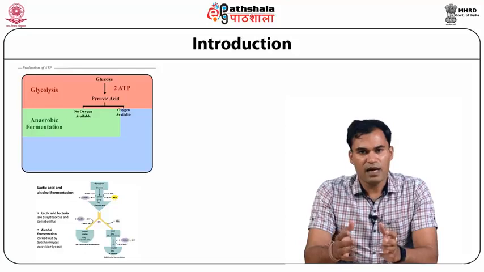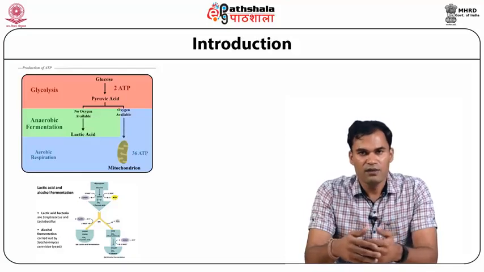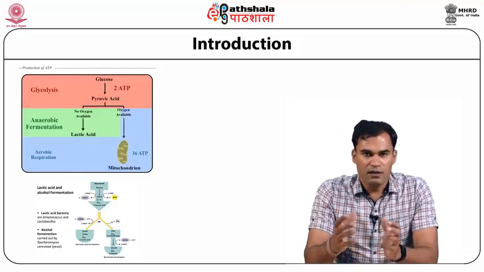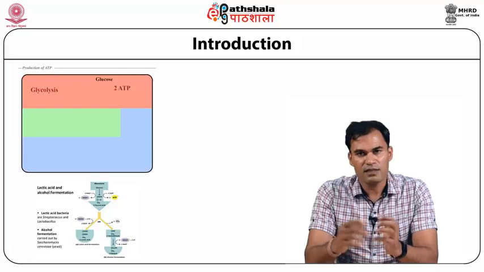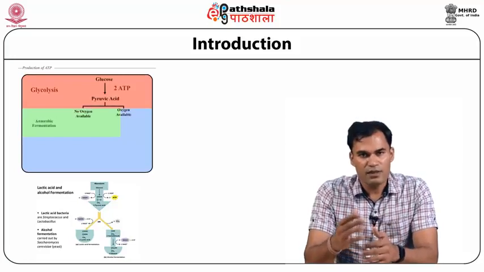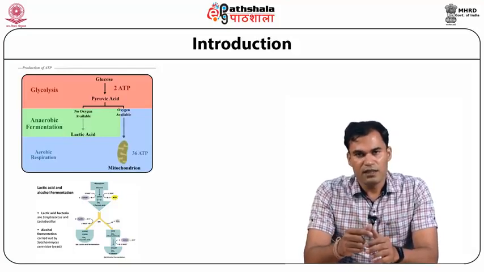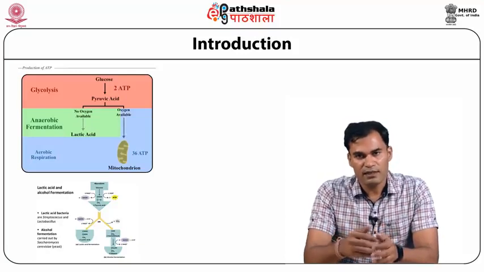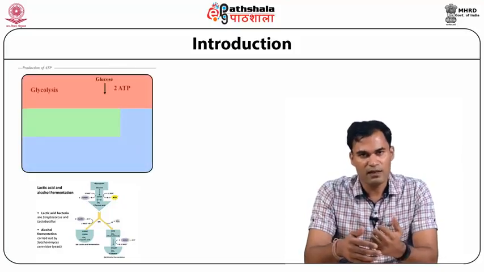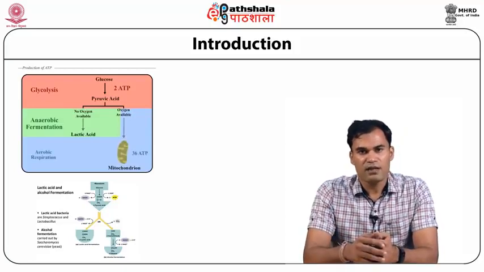Now, fermentation in biotechnology is a process in which microorganisms are grown in large quantity for the production of useful things. What is anaerobic fermentation? Before fermentation, we must know there is a step known as glycolysis. Glycolysis leads to the production of a product known as pyruvate. Pyruvate has two fates. It can undergo lactic acid fermentation or alcohol fermentation. Lactic acid fermentation is carried out by lactic acid bacteria and produces lactic acid. Alcohol fermentation is carried out by Saccharomyces cerevisiae and produces alcohol and carbon dioxide.